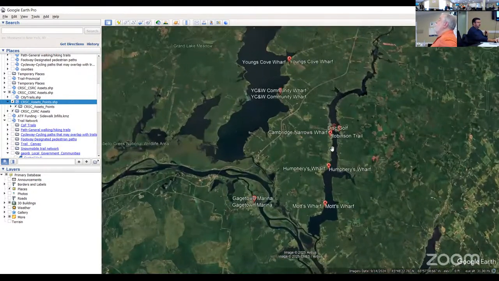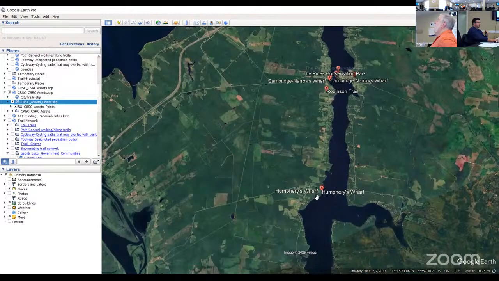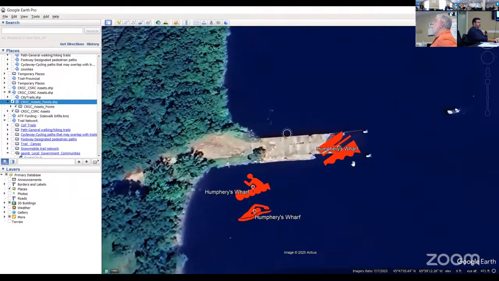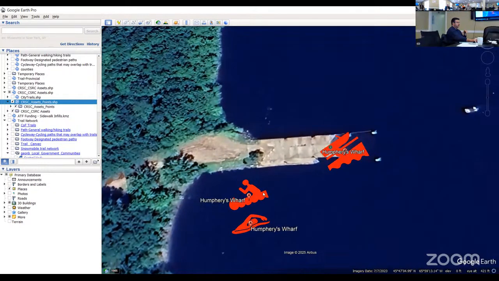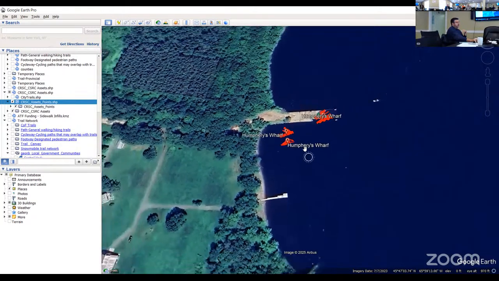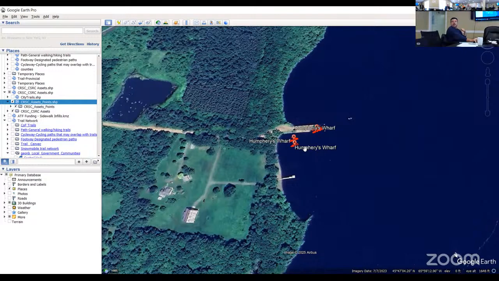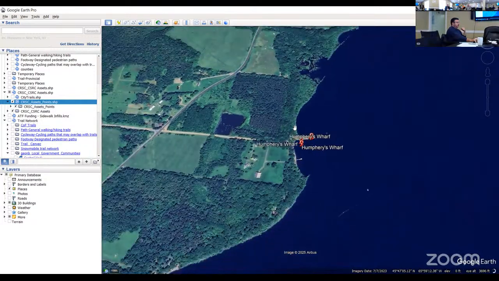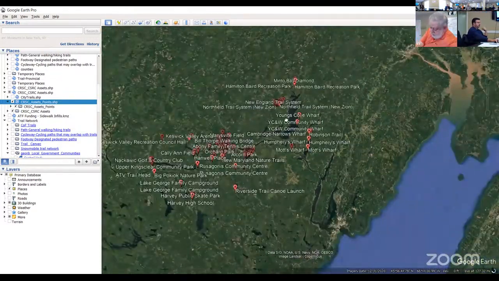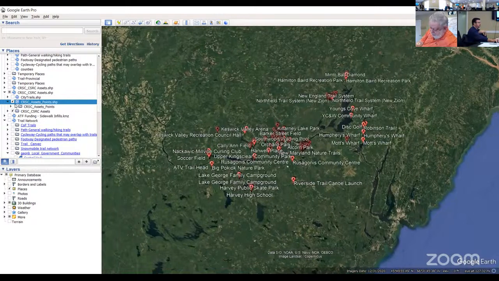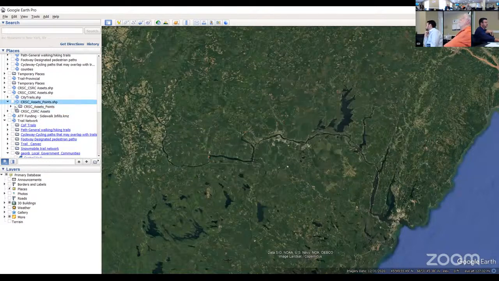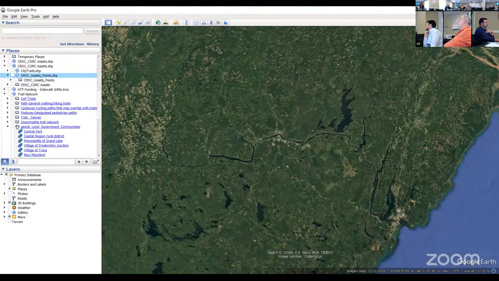Let's take another, Arcadia here, for example. If we zoom in on the Humphreys Wharf, you'll see the various types of activities here. You got a little bit of boat launch, some kayaking and swimming as well. So we took all the activities that happen in those areas and we plotted them geographically. So this is what the sport, recreation, cultural assets would look like. Let's disable that layer, and we'll switch to the trails now.